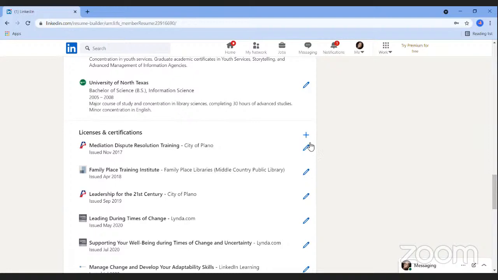And just like before, if you need to add something, you can use that plus sign icon to add, or if you need to edit or delete, you'll use the pencil icon next to the individual entries. This section doesn't include a lot of context, so it is important that the entries that you include are obviously relevant to that particular position.